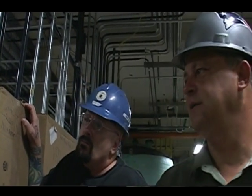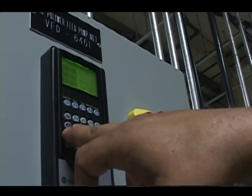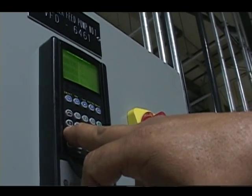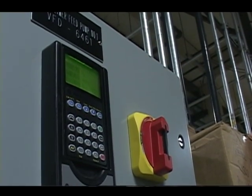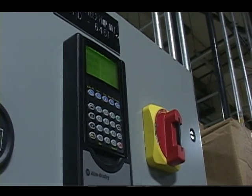I don't know if you can catch that? Okay. Alright. Now to control the speed, use these up-down arrows. Okay. Right now I'm bringing the speed down. You'll notice the display said commanded. When I let go, it'll actually go to my actual speed. So now if I start this,